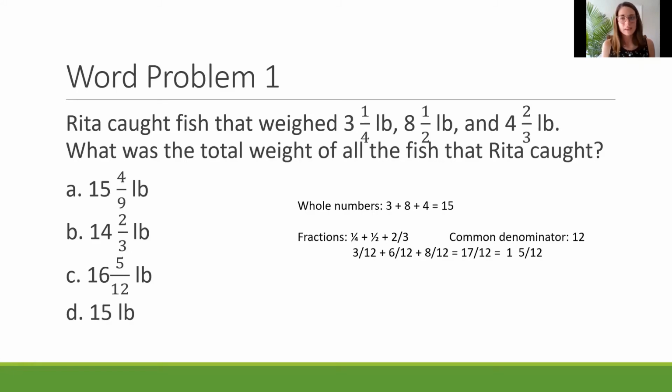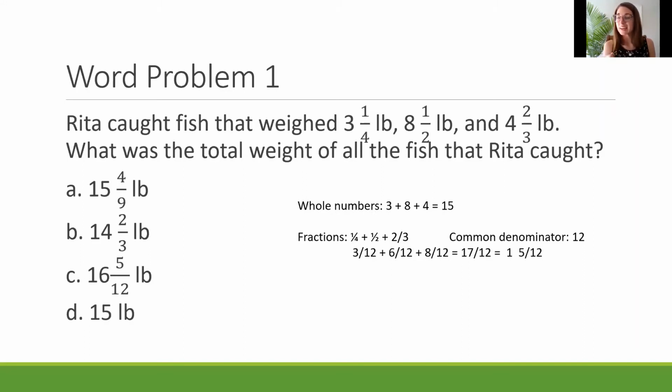17/12. Now, you might have a little light bulb going off that says, that's not a good fraction, right? That's an improper fraction because the numerator is bigger than the denominator. That's okay, we can work with that. We'll just turn it back into a mixed number. So here we have